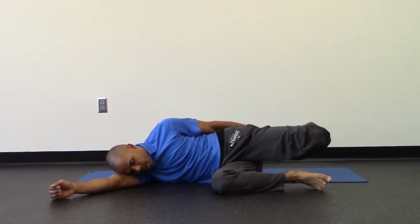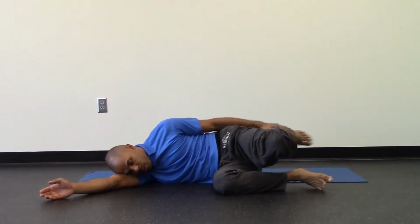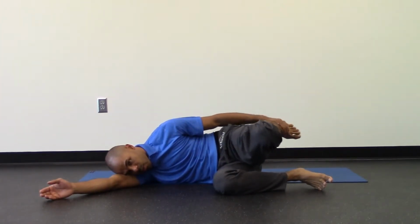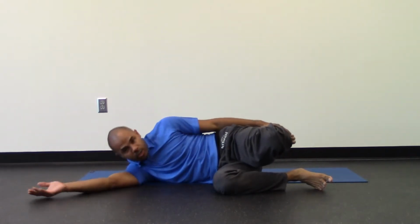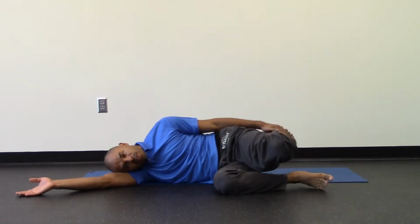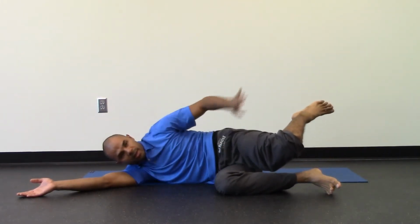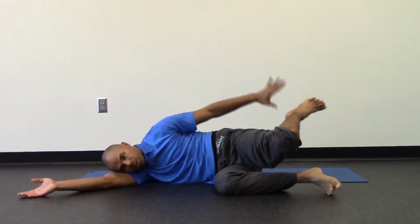Now don't worry if your thigh doesn't extend all the way back in line with your body. Pretty much for most of us, we're just going to have a hard enough time grabbing hold of the ankle. Try to keep your head resting on your opposite arm, and one of the faults here is that the leg starts to lift up, or you might internally rotate the thigh to try to get the foot to externally rotate